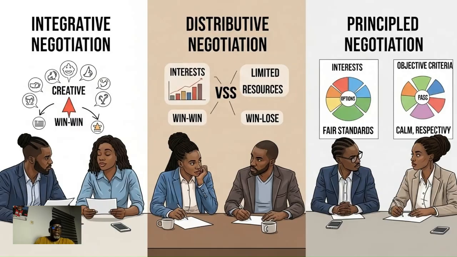Then number four is build rapport. Establish a positive relationship with the other party. Building rapport can create a more cooperative atmosphere and even facilitate agreement. Then number five is BATNA. That is the acronym for what? Best alternative to